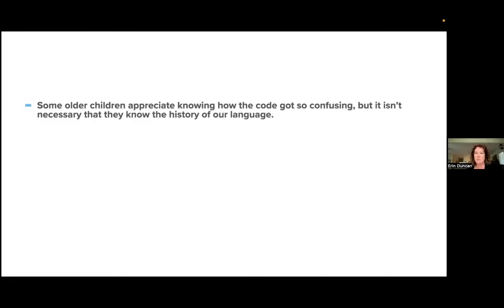They don't need to know that the n shown in the word night came from the Germanic language, right? What is necessary is that they learn the various spellings for the various sounds. That requires no background, but it does require a lot of repetition.